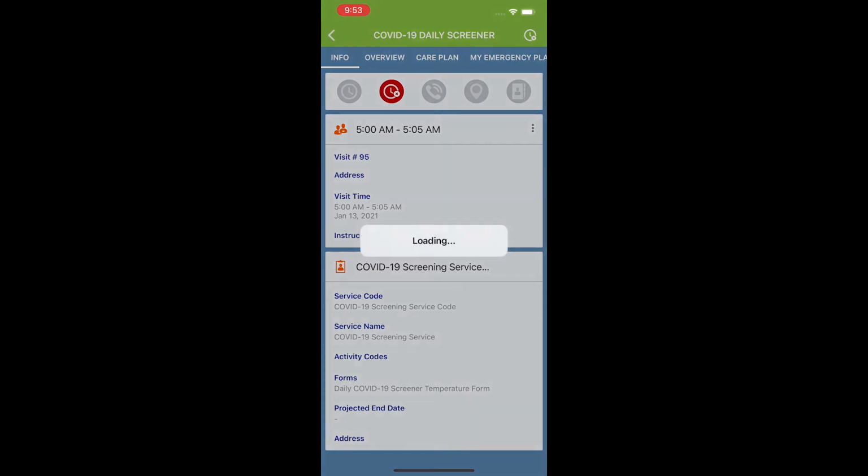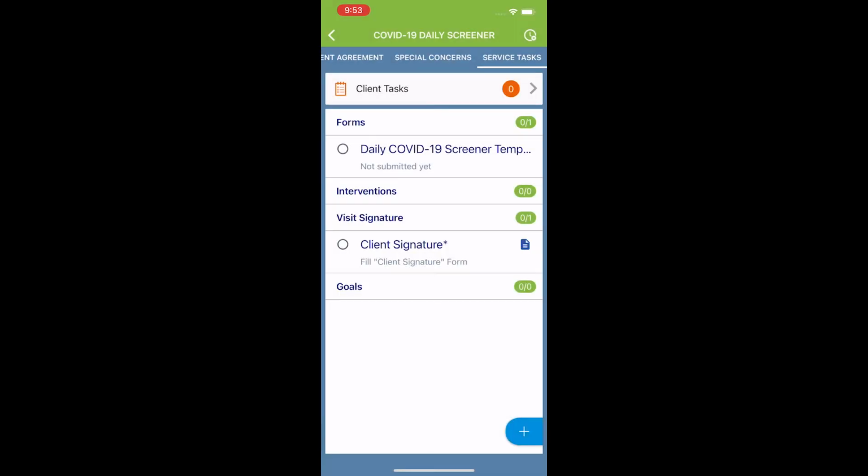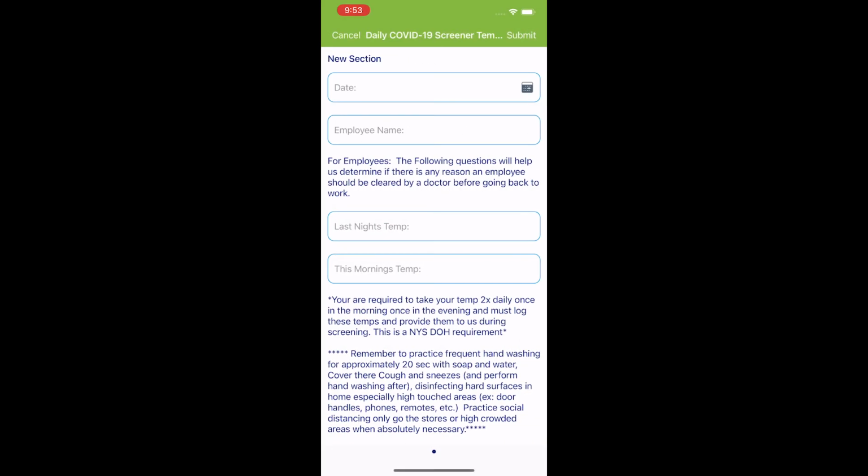If I try to clock out, it's going to tell me that it's incomplete and that I have to complete the task. If I hit OK here, it'll automatically bring me to the service taskbar. The other thing I can do is swipe from right to left to go to the service task menu. Now if I quickly complete these,